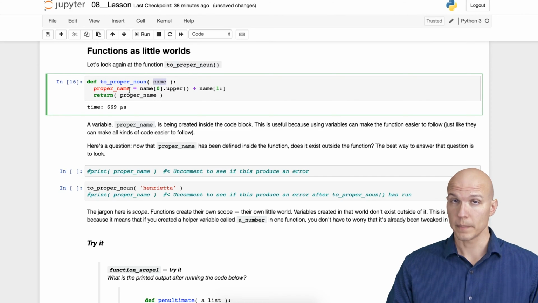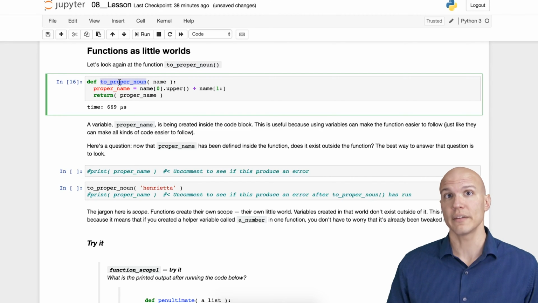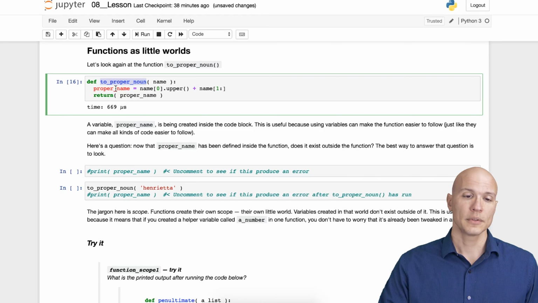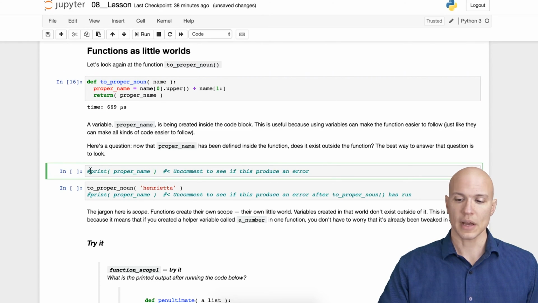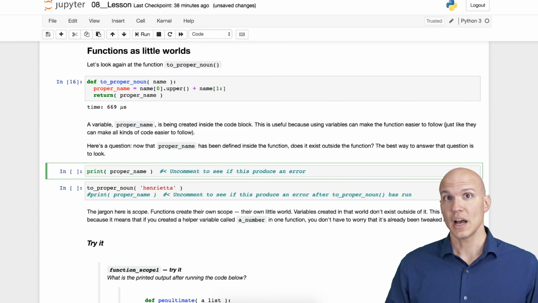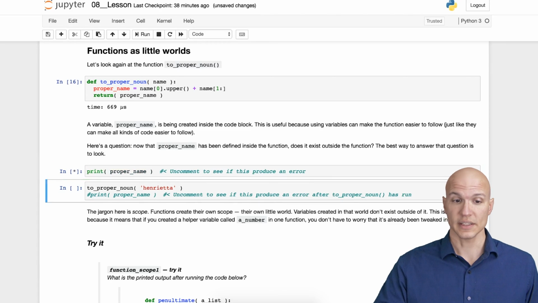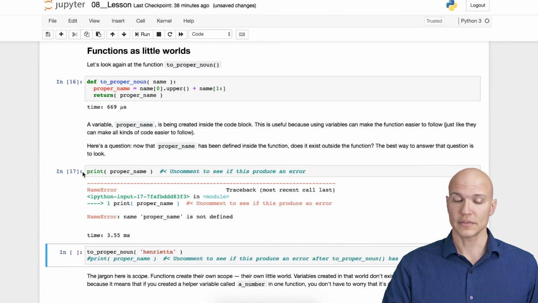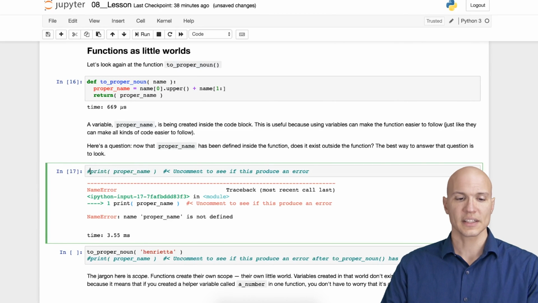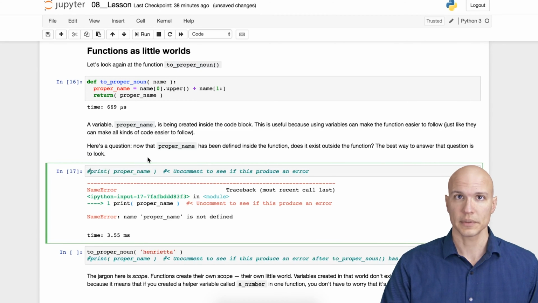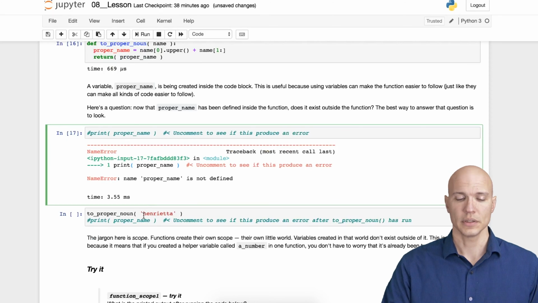So here's a question for you. In this function, I defined proper name. So does proper name... so to proper noun, that function now exists. I can call that function with stuff and it'll work. Does proper name exist? Let's find out. So I've got print proper name here, and if it exists, I'll print out something. And if it doesn't exist, I should get an error saying it doesn't exist. Okay, it says proper name is not defined. Well, I don't know. Maybe that's because I haven't called the function yet. I haven't called to proper noun yet. I actually did, but